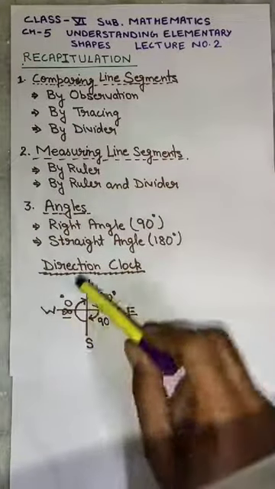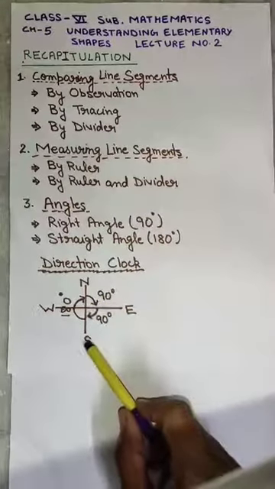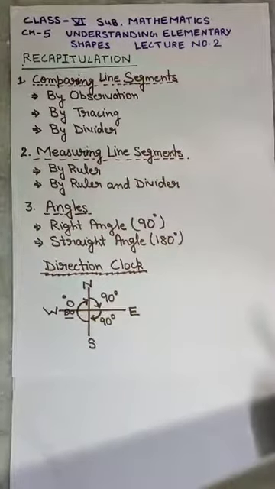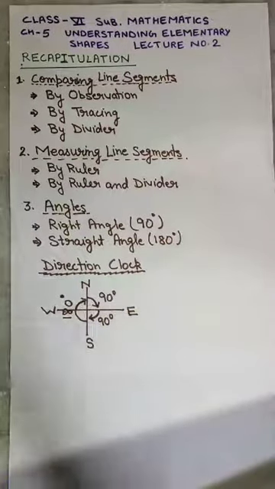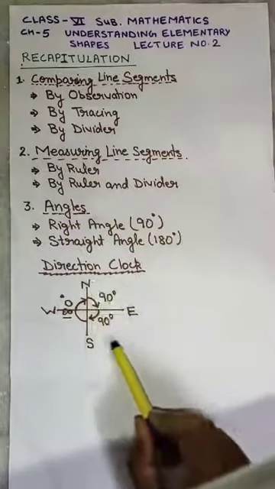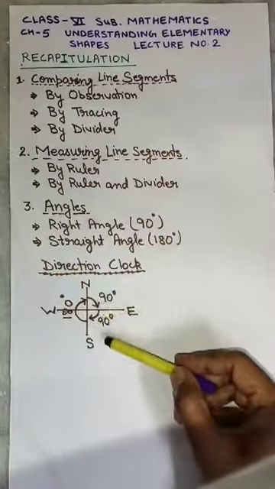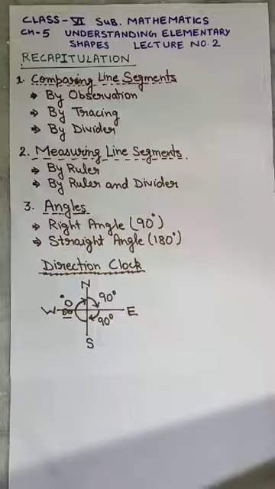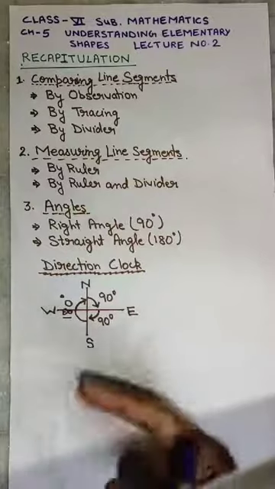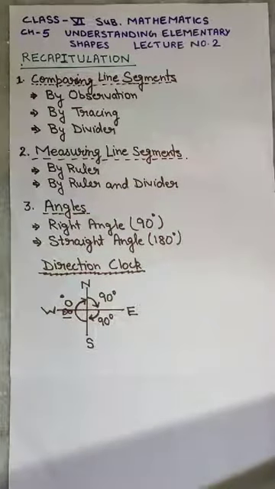But if we are facing towards north and we are moving towards south, from here to here, like this, okay, so it means we are covering a 90 plus 90, that is 180-degree angle. And 180 degrees is a straight angle. So from north to south we have covered one straight angle, that is 180 degrees. These all things we have learned yesterday.